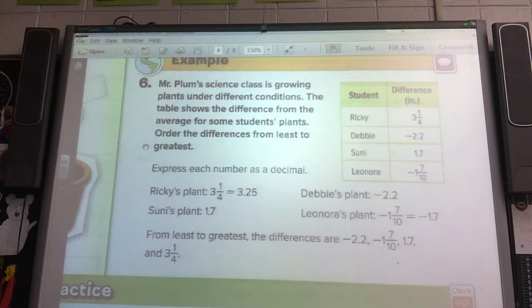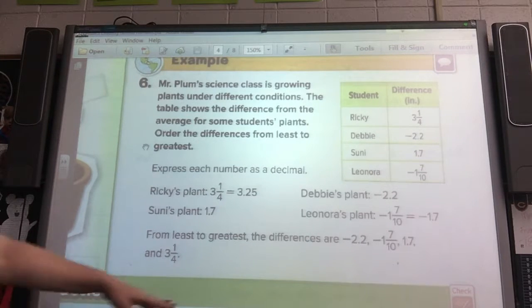So Ricky's plant, 3 1/4, ends up being 3.25. Sunny's plant was 1.7. Debbie's plant, negative 2.2. And Leonora's plant was negative 1 7/10, which they made negative 1.7. From least to greatest, it's the one that had the worst growth, which was negative 2.2, then negative 1.7,